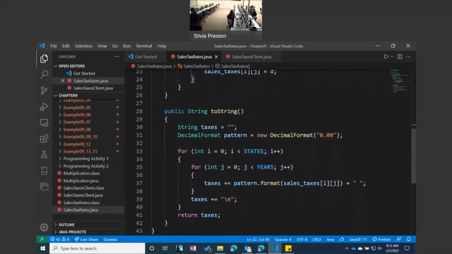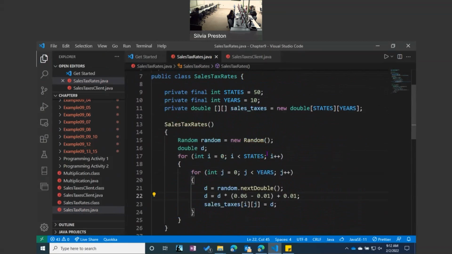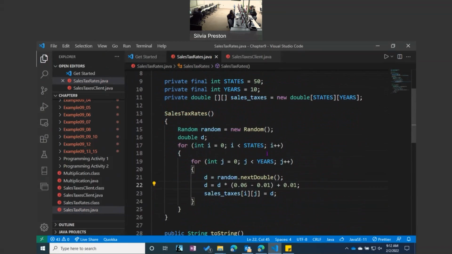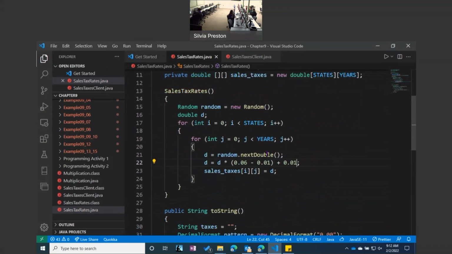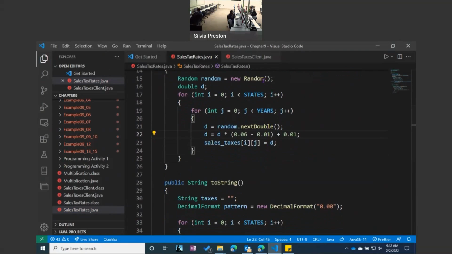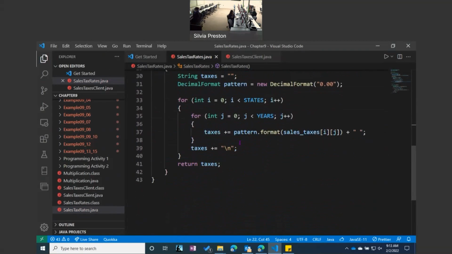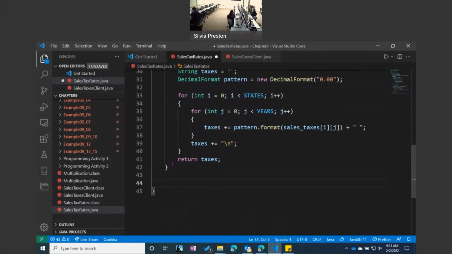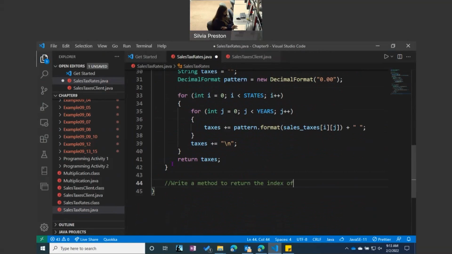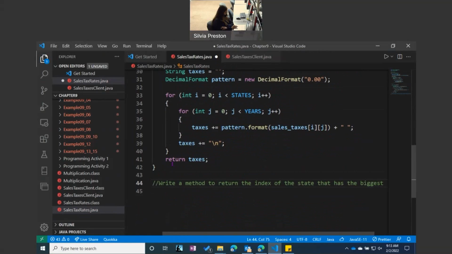Again, this is being recorded. You can go back, but do y'all need to go back to the top? Okay, this is a basic skeleton. Y'all got it? And all I'm doing is printing down, but you gotta do more. It tells you need a method returning the index of the state that has the biggest average tax rate. So we're gonna write a method to return the index of the state that has the biggest